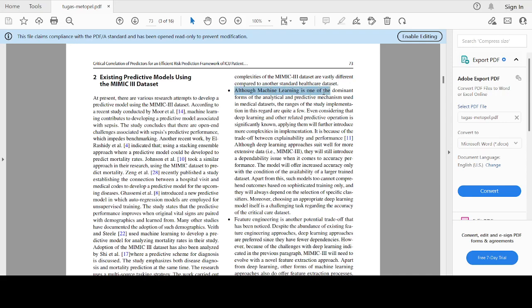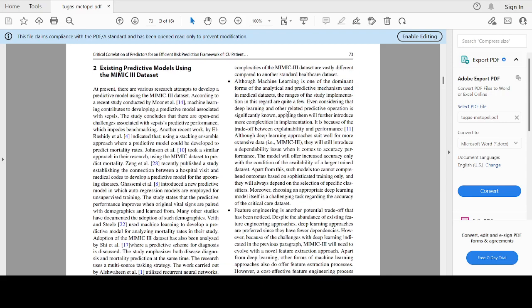Although machine learning is one of the dominant forms of analytical and predictive mechanism used in medical datasets, the range of study implementations in this regard is quite few. Okay, so basically it's saying the research gap